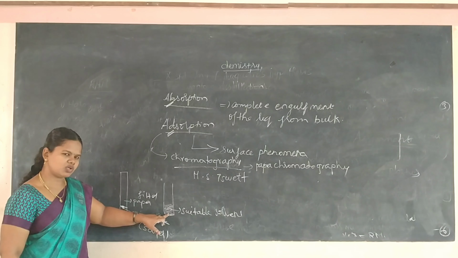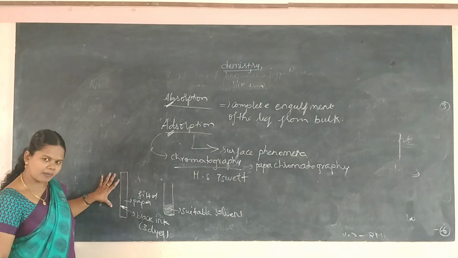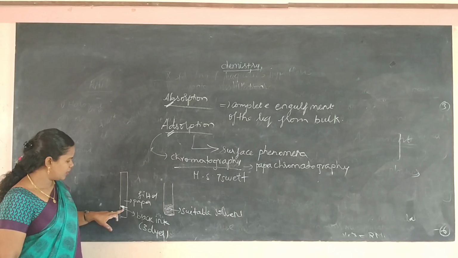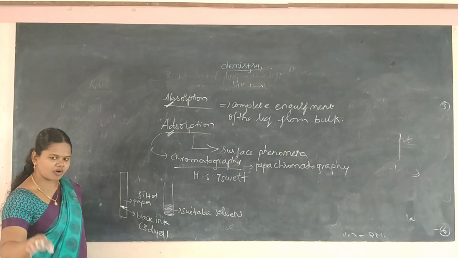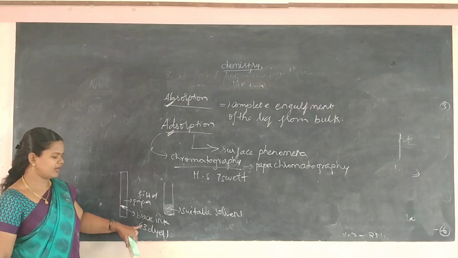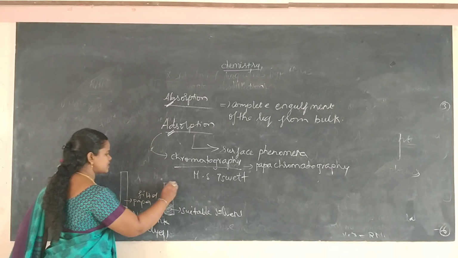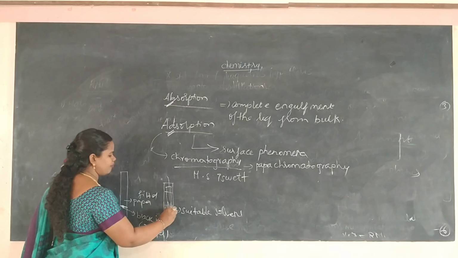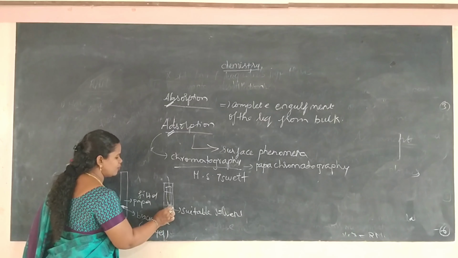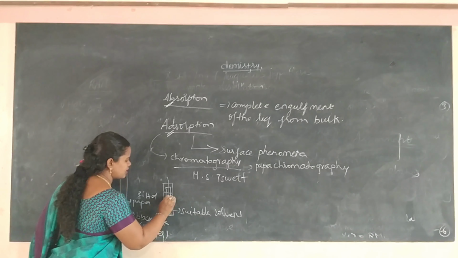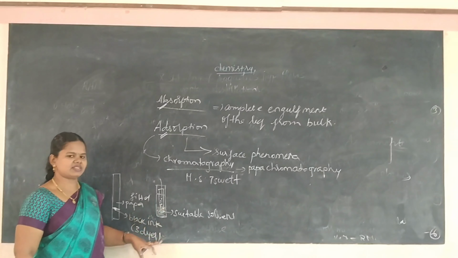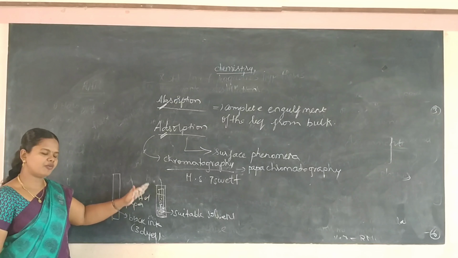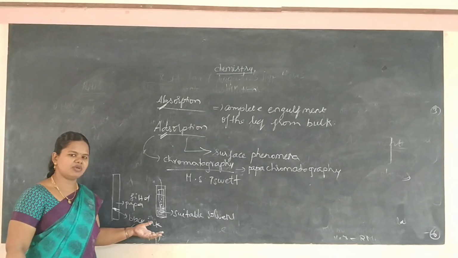So here, you take a suitable solvent. Before that, you take the paper chromatogram or filter paper. You draw a line using a scale and pencil, and then you mark the black dot. Using a dropper, you take the liquid and place it on the black dot, which has 3 dyes, and you place the paper inside the chromatogram. After that what happens? When the solvent moves, the 3 dots will be separated. So from the black ink, we are able to see 3 dyes. From this you can separate different components in the mixture. This is an easy chromatographic technique.